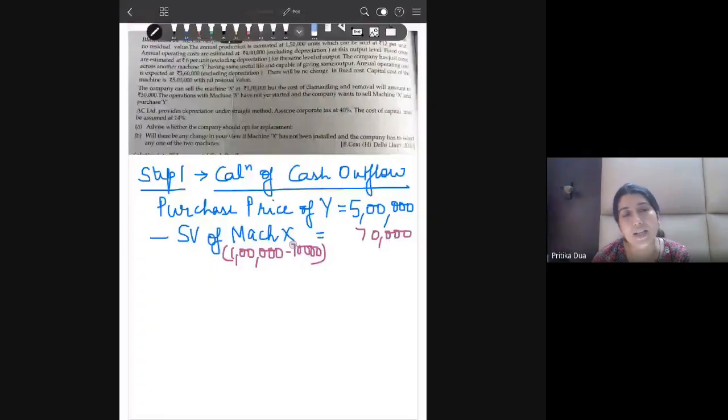And now it is very clear that the company is making a capital loss on the sale of the old machine, because you bought that machine for 4 lakh and now it is being sold for 70,000. So you will make a capital loss of 3,30,000, on which you will get a tax gain. Okay, so minus